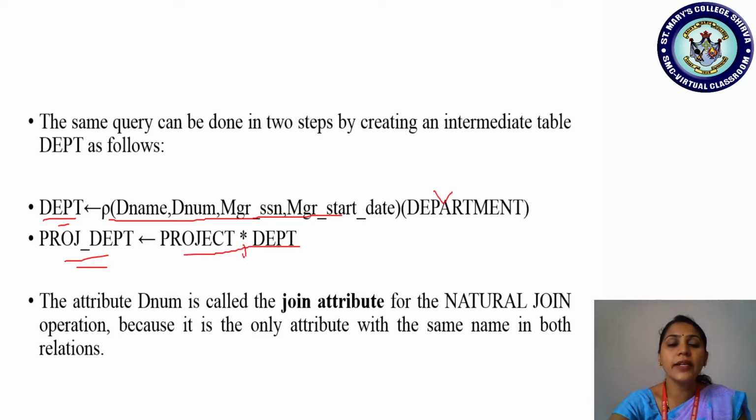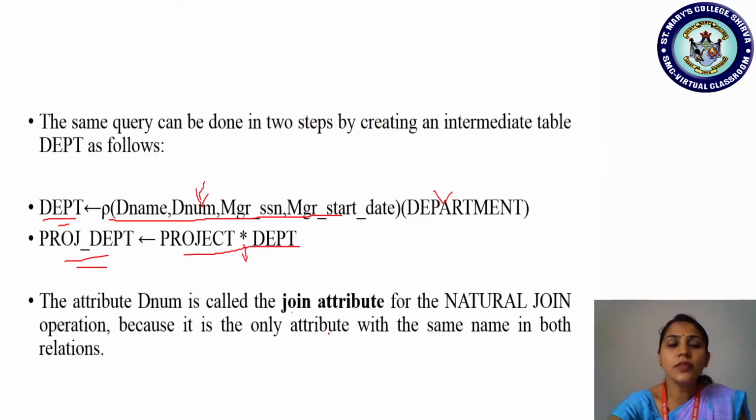So it means we have applied natural join for these two relations, as project as well as department are having the same attribute dnum in each of their which one? Table or relation. So any tuple values which are having dnum common in project and department, those tuples will be joined, and only once which information will be displayed? The department number will be displayed only once after applying the natural join for project and department. Is that clear?